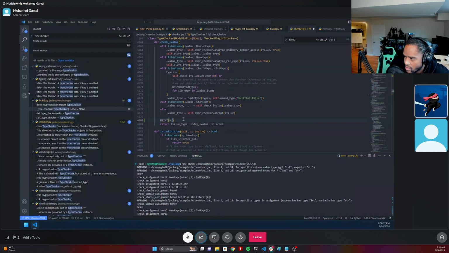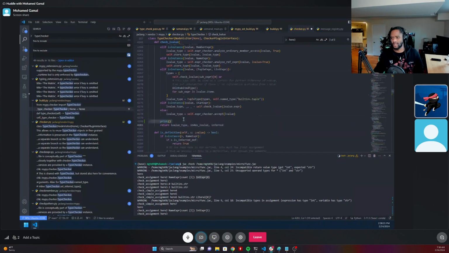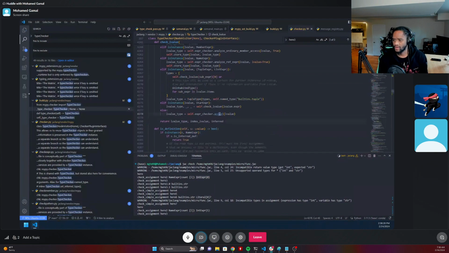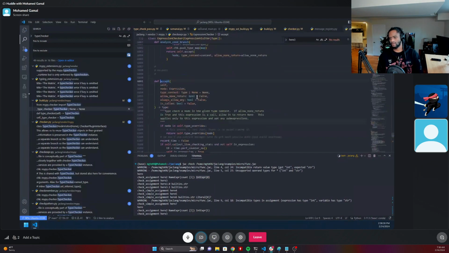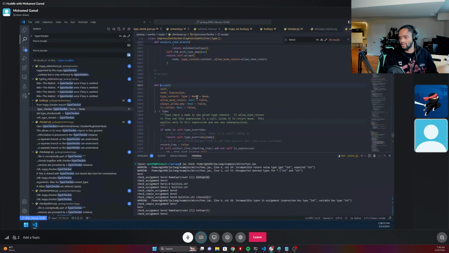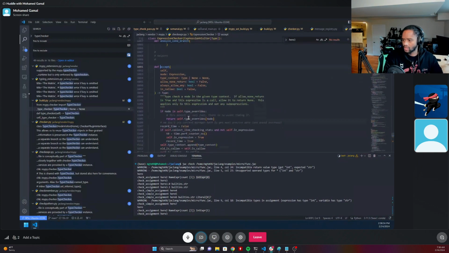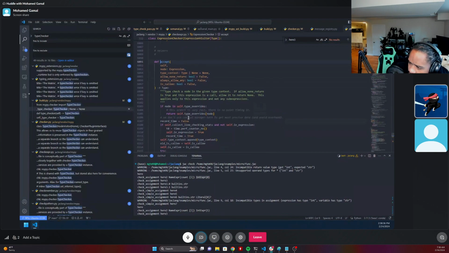L value type equals expression checker accept. So just go to expression checker accept. Well, because it's probably doing the else case, right? So the expression value is any expression type node,